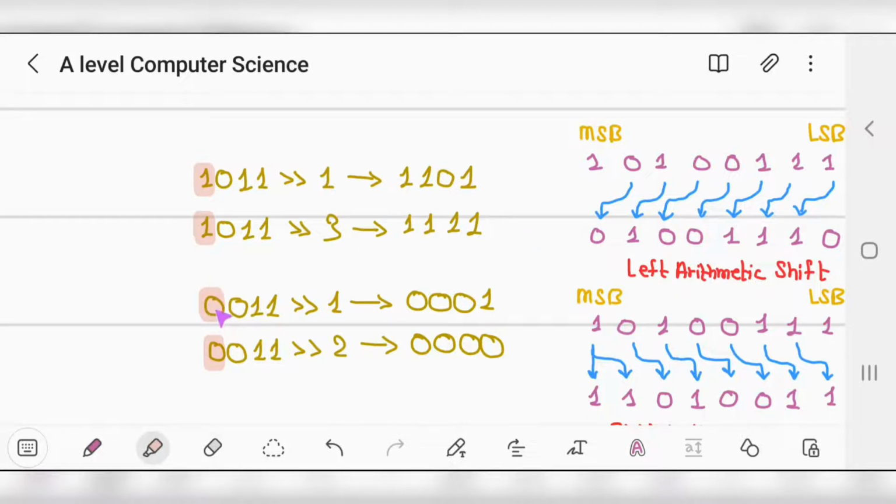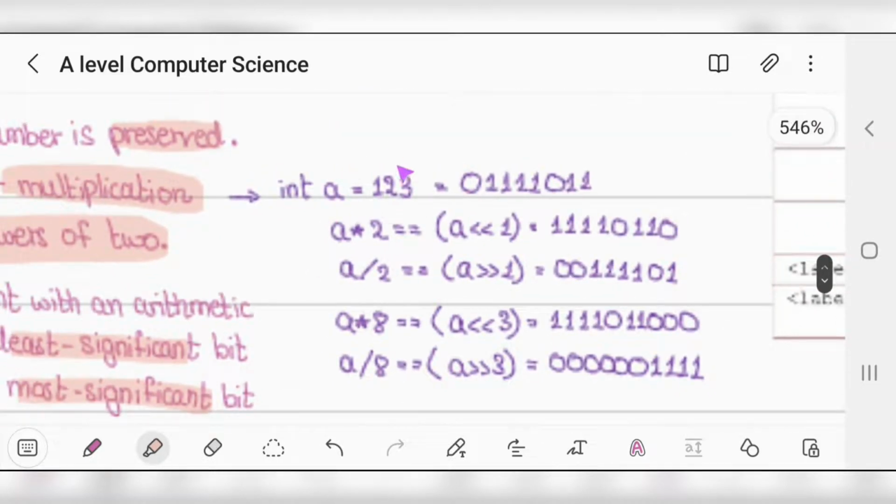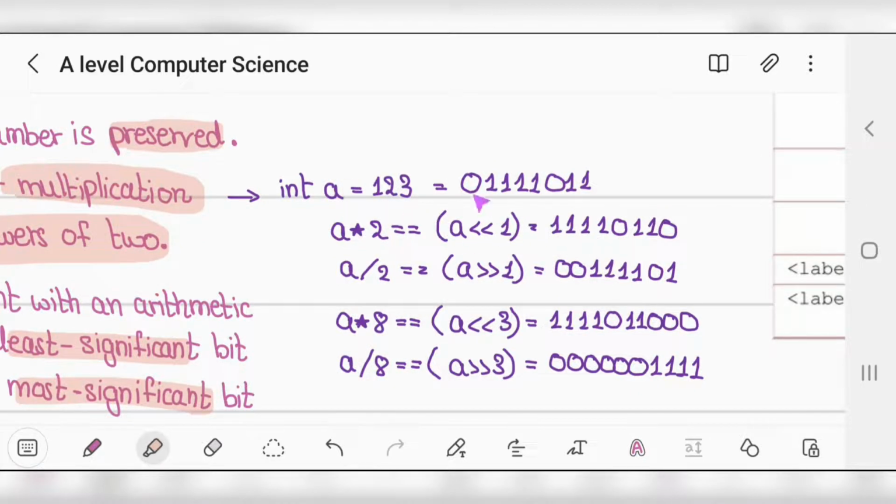Similarly, it depends whether it's 1 or 0. If it is 0, then 0 will be copied down. If we go to the right side, it went to the right side two times, so 0 will be copied down. For example, if we have the value of 123 and if we just multiply by 2, then